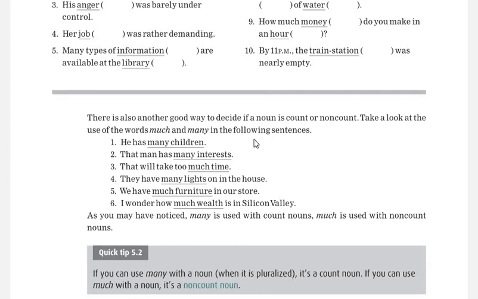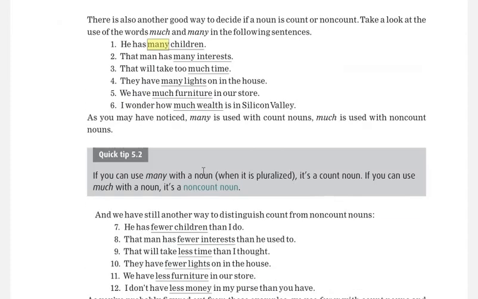The other use is the use of much and many. When there is many, it means it is a count noun. For example, if he has many children, can we count the children? Yes, we can say he has 2 children, 3 children. But if we say this much time, can we say much times? Or can we say I have 1 time, I have 3 times? We can't say this. So it is non-count.